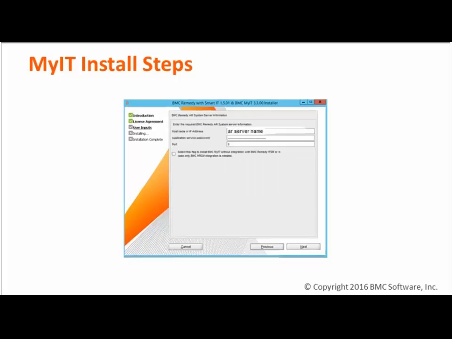Moving on to the next one, where it will ask you the AR server information to connect to the AR server: host name, port, and the application service password. You'll also see a small checkbox here with a description. What this means is technically you can install MyIT